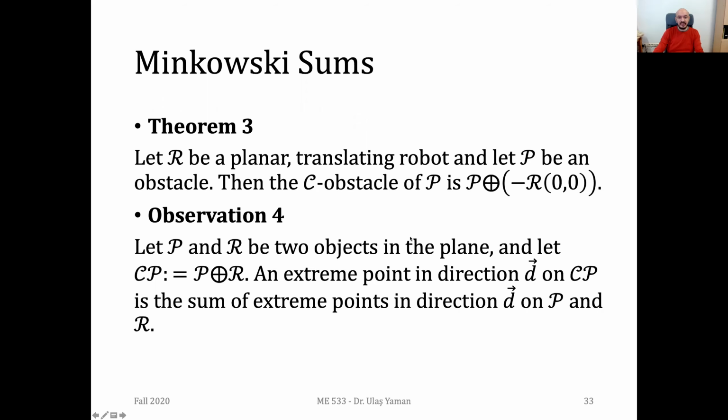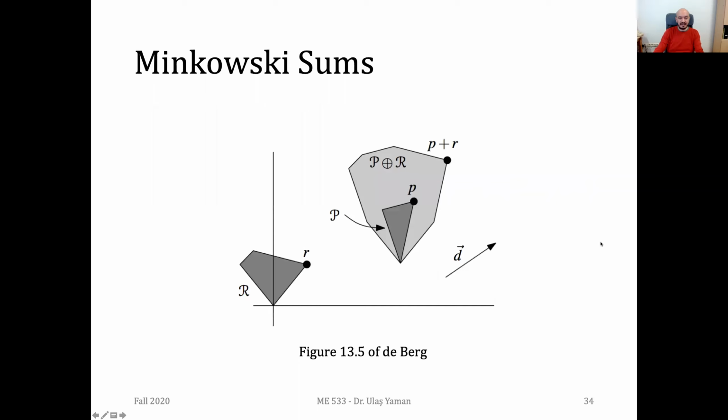I'm sorry. There might be points, the extreme point in the direction D, and that will actually be the sum of extreme points of P and R in the direction D. You'll see an example about it. So this is P, our first object, R, our second object, and this is your vector D. If you want to determine the extreme value of your resulting summation without doing any more computation, what you can do,